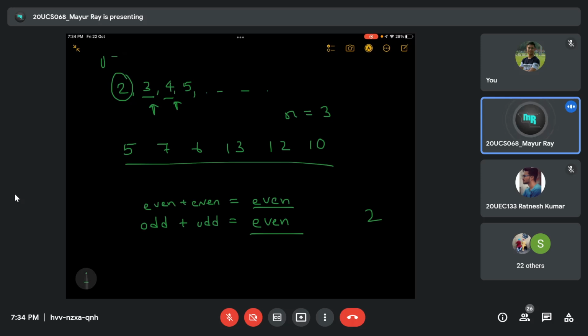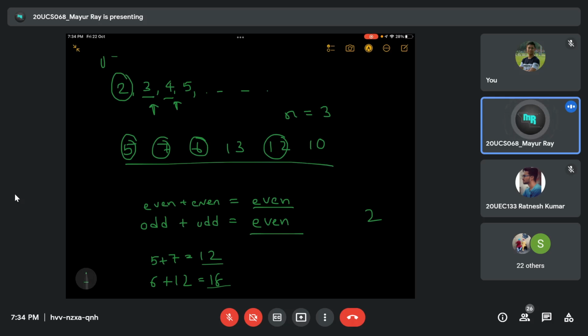I will take the even numbers together, and I will take the odd numbers together. So how can I pair them up? I will take 5 and 7. Their summation gives 12. 5 plus 7 equals 12. I will take, let's say, 6 and 12. See, these are even and even, 6 and 12, 18. Both are even, and their GCD will be at least 2. Here the GCD is 6, but I only need anything greater than 1. Their GCD will be at least 2 because they are all even.